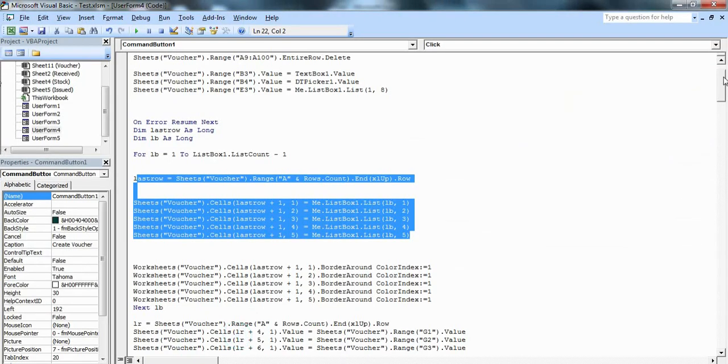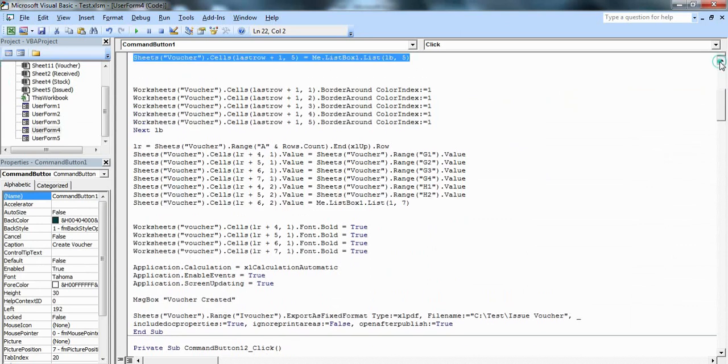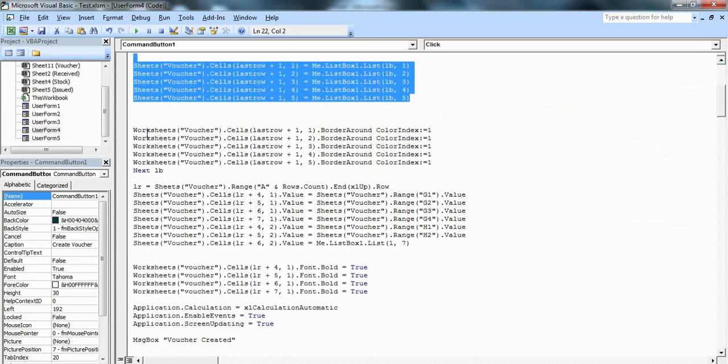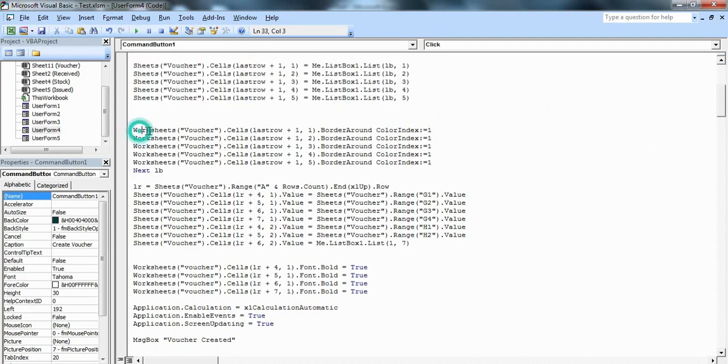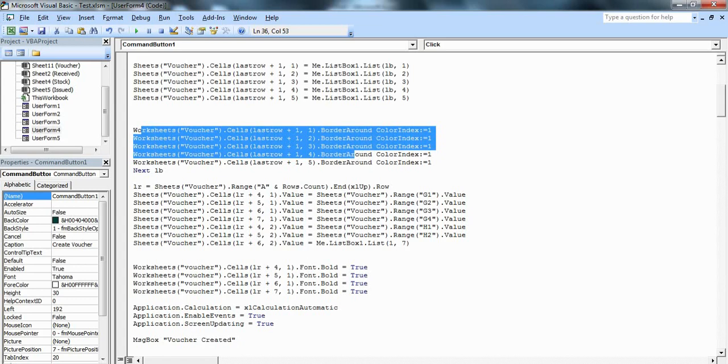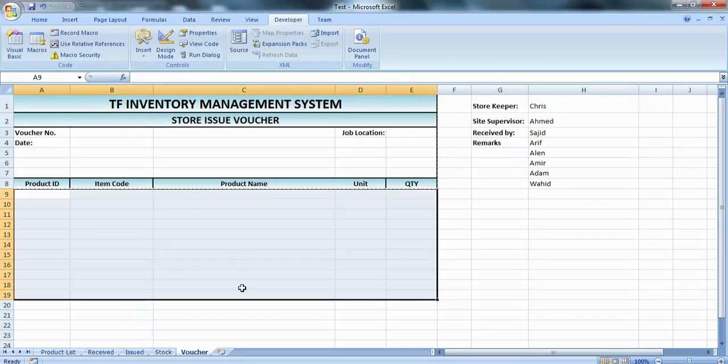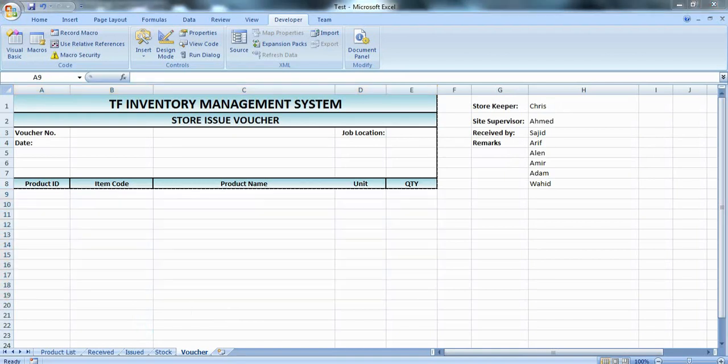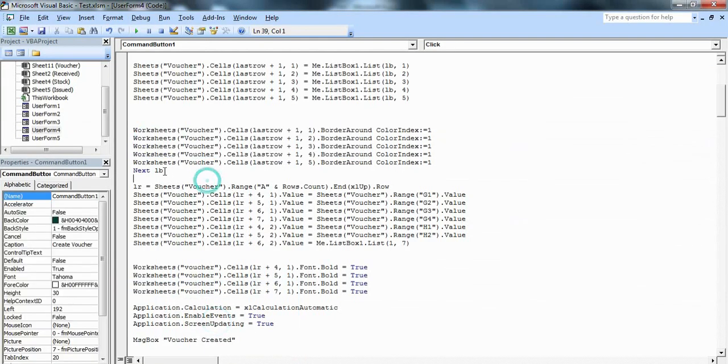Then we have created a border around, because right now you can see there is no border here. If it is without any border, it doesn't look good. So for that, we type first of all Worksheet Voucher.Cells(LastRow + 1, 1).BorderAround ColorIndex = 1. It is dynamic, not simple, because we do not know our products will go up to which row.